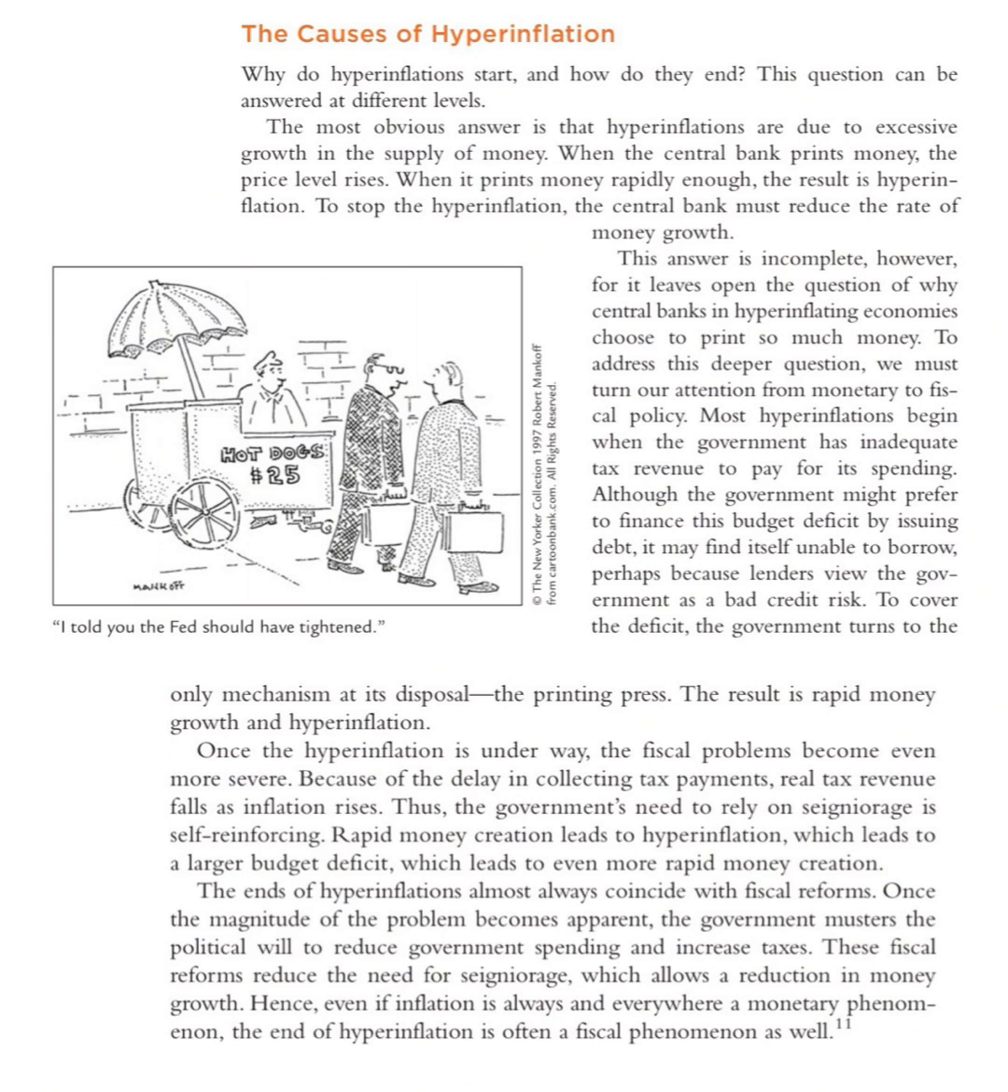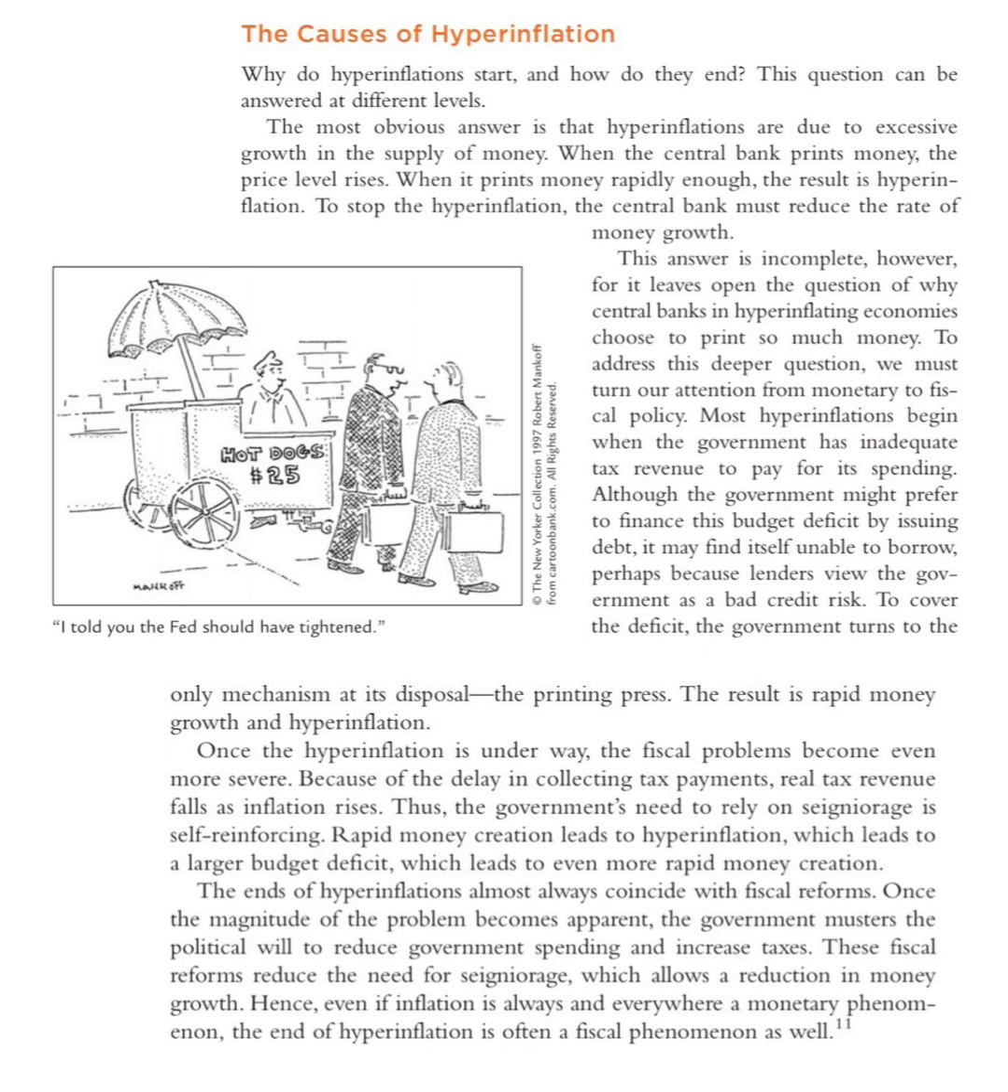So it means that if the money supply increases in a certain time, because of the excessive money supply, the currency depreciates and causes hyperinflation. So when the central bank prints more money, the price level rises. When it prints money rapidly enough, the result is hyperinflation. To solve hyperinflation, the central bank must reduce the rate of money growth. Of course, there are several ways. For example, they stop printing money, and they can also change the currency, which in my own perspective is obviously the